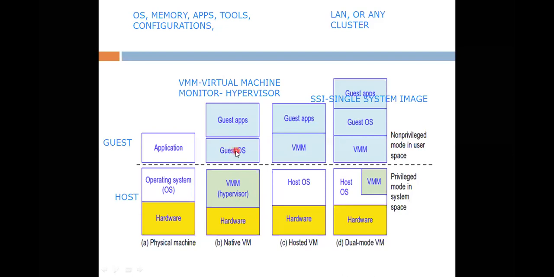And this guest operating system will also have a single system image, that is, an operating system image will be there. Without knowing the guest operating system image, we can't access all these things. Because if you want to access Fedora, but you have Windows 10 as the guest operating system, already you are in a Windows environment only, so why would we choose Windows 10? So first we need to know the environment. So the image of this one will be known here. So what is the usage of this guest operating system here?